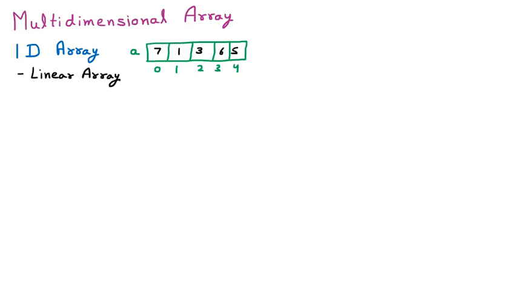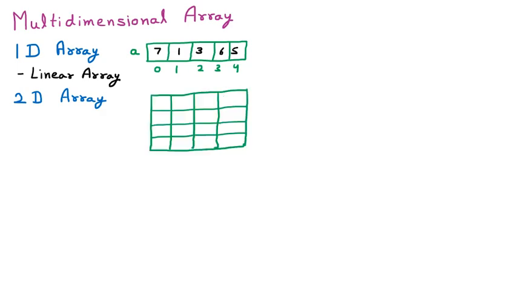Now we have the next type of array, which is the 2D array. Whenever we have two dimensions, one is i and one is j, two sides, this is called a 2D array. I am taking one example to make you understand. So this one is the 2D array. Let us check how many rows and columns there are. We start from 0, 1, 2 and 3. That means there are 4 columns present here, 0, 1, 2 and 3, starting from 0.